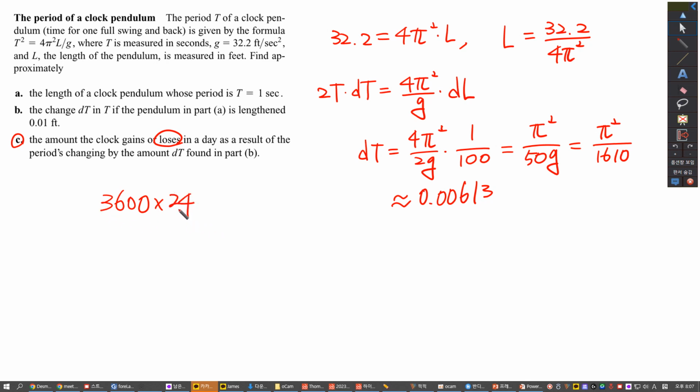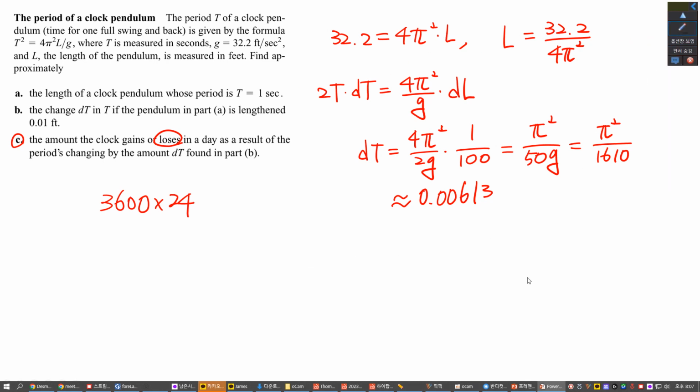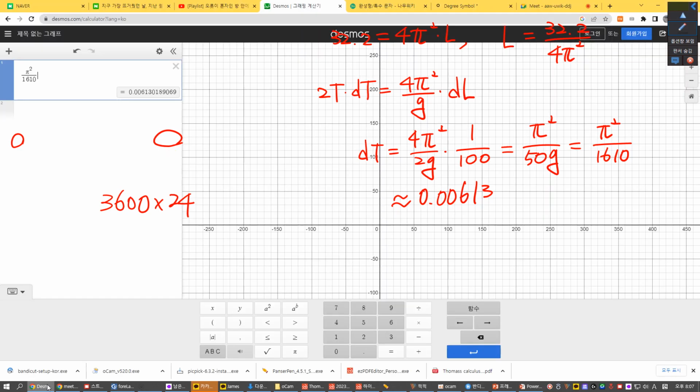So we are multiplying these two to get this amount. So let's do this by using calculator. So we can multiply here 24 and like this. Yep, so it loses about